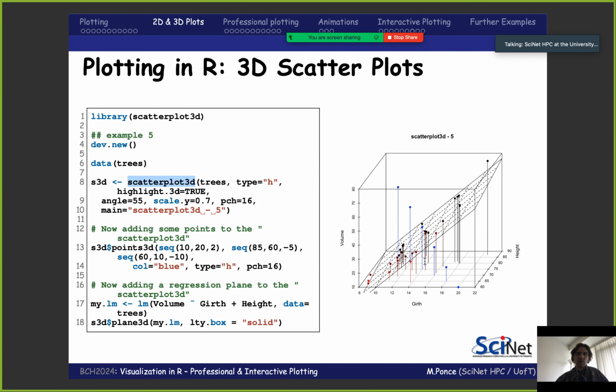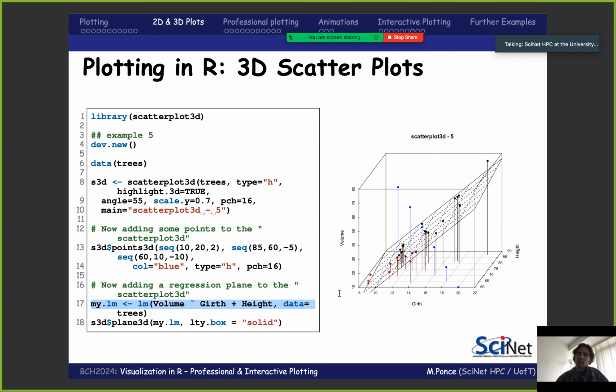Okay, there is one more interesting thing that we can do. If you remember, we did something like this in the linear modeling example, but now I'm going to model the volume, which is my vertical axis, as a linear combination of girth and height. When we were doing the linear modeling, we were creating a line, a linear model of volume versus girth.